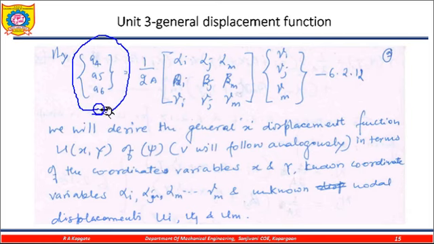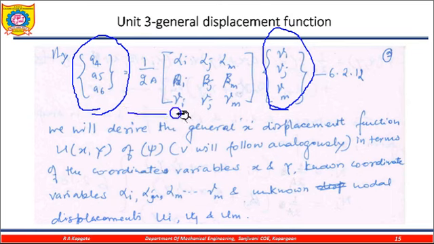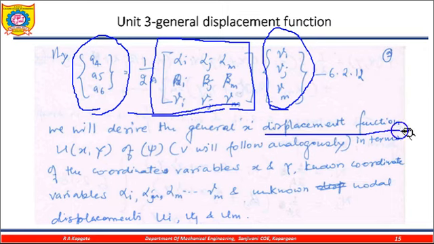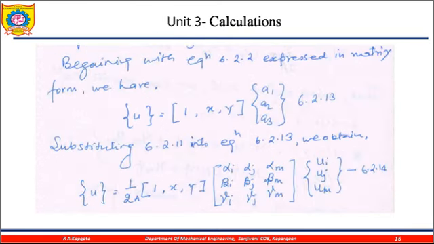Then in a similar way I'm calculating a4 a5 a6, where the displacement is along the y-axis, that is vi, vj, vm. This equation becomes the same one, alpha, beta and gamma. The method is the same, just to reach this level. Once we have derived this, we are interested to find out the displacement function, that is the psi function. So this psi function we are calculating very easily.